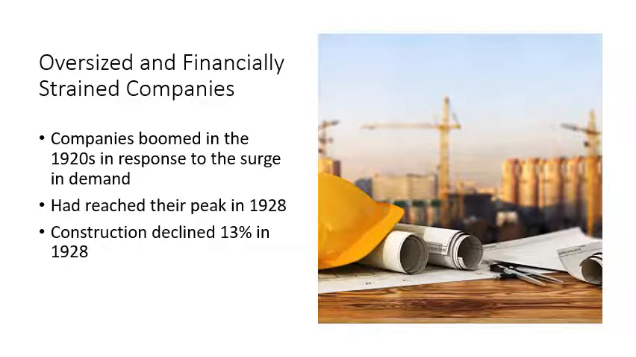So they would continue to supply goods, consumers would continue to buy them, and this meant that oversized and financially strained companies began to exist. Companies boomed in the 1920s in response to the surge in demand. They reached their peak in 1928, and you could see that as construction declined 13% in 1928. So that means that the companies had been producing a lot, construction had been growing greatly, but then by